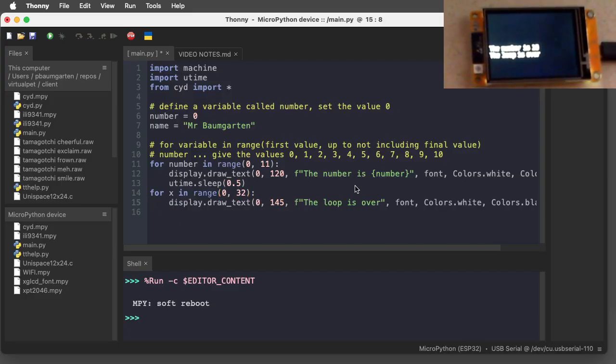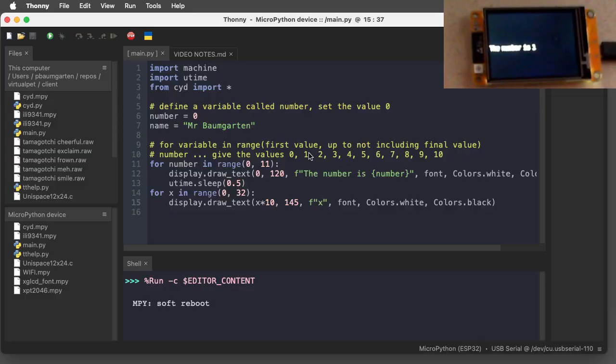And I'm going to say, okay, draw at that x location, but times it by 10. So what I'm actually going to do is draw something at the x locations 0, then 10, then 20, then 30, then 40. And that's because I want to be able to see the different things. So let's just write an x. Now if I run that code,